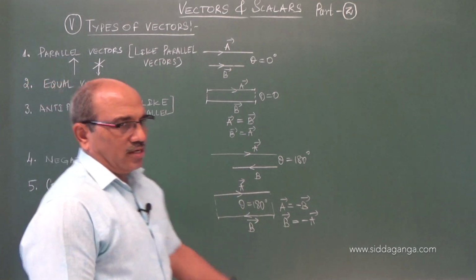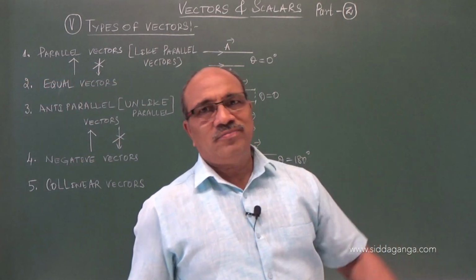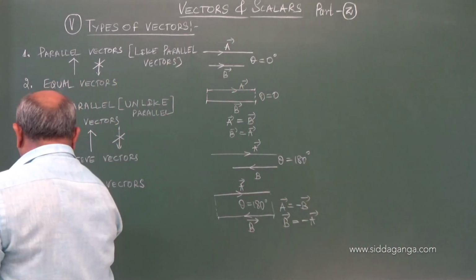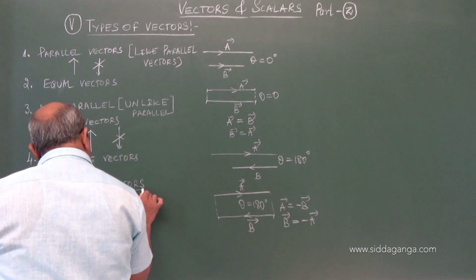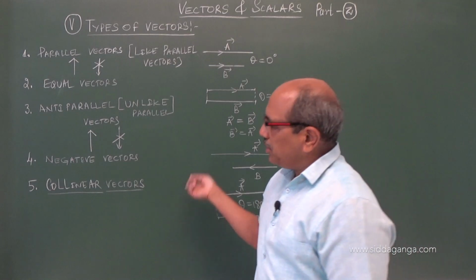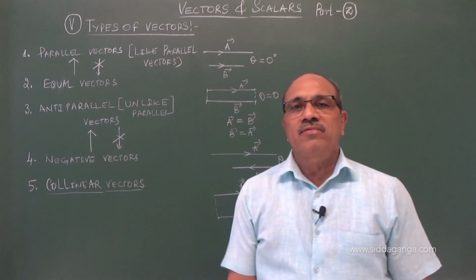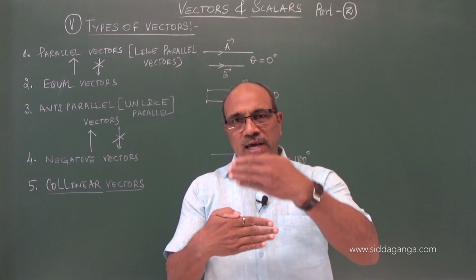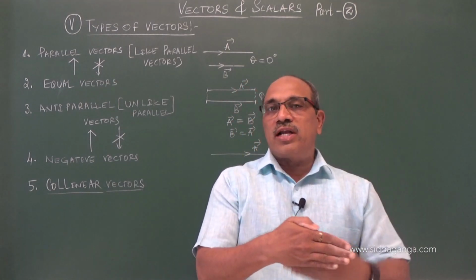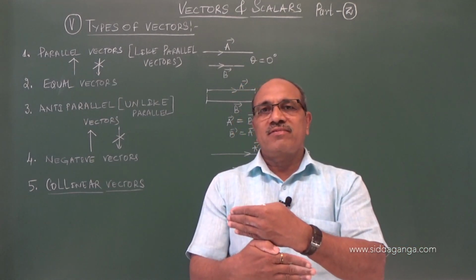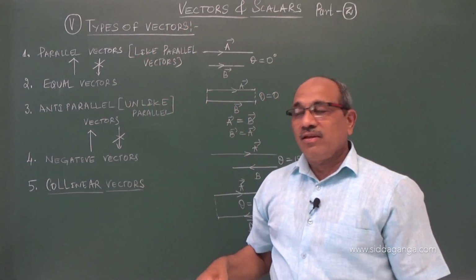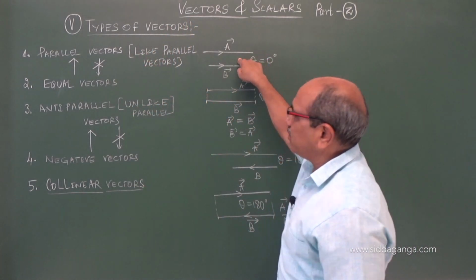This is a term again to fuse above all. Better, I say many times, I can consider this collinear vector as a head for all these. We say collinear vectors are those vectors which are acting parallel or act along the same line. Angle may be 0 or angle may be 180. That means I fused all these vectors. These vectors are also collinear vectors.